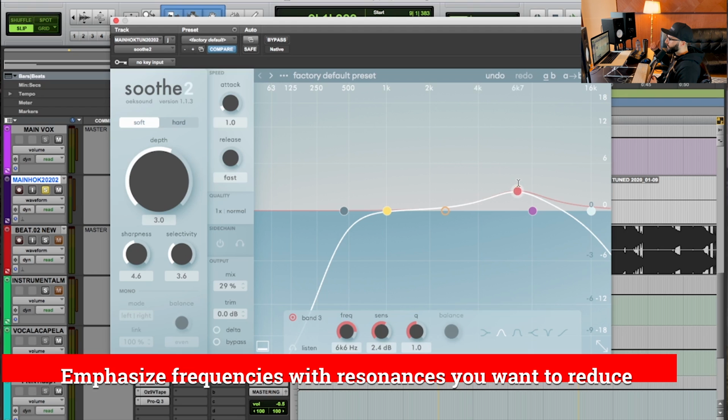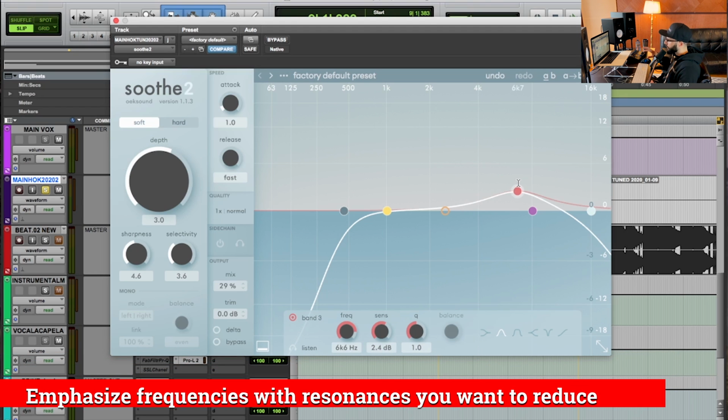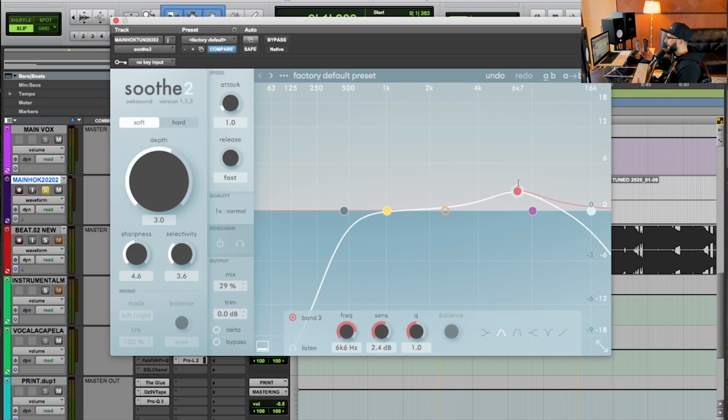So ultimately what you're going to do here is any specific frequency ranges that are problematic, you're going to want to increase those to make sure that the plugin ultimately reduces them a little bit more aggressively, or maybe just more than it would normally if you hadn't increased the sensitivity at all. And you could, of course, do this selectively. I'm not always going to just do this for every single band. Sometimes I don't even do it at all, but I do find that I'm generally going to filter out a